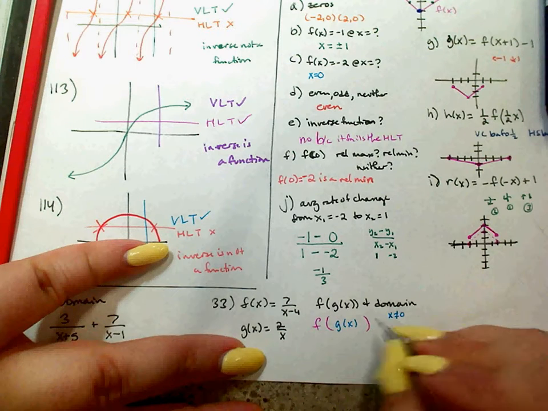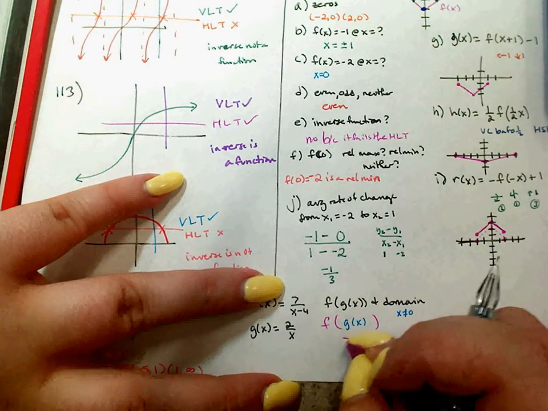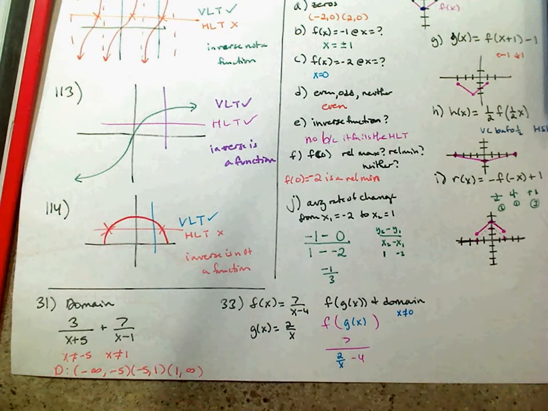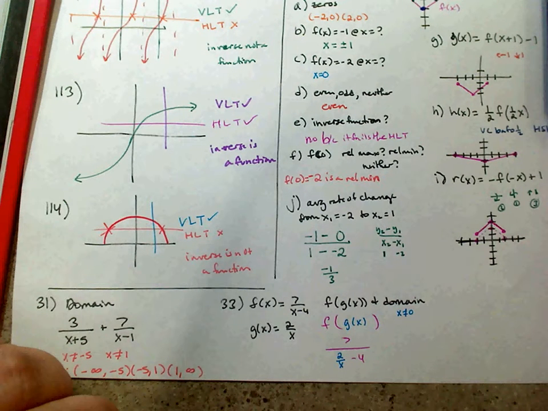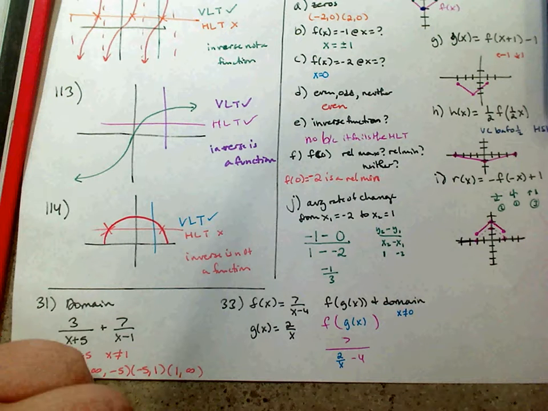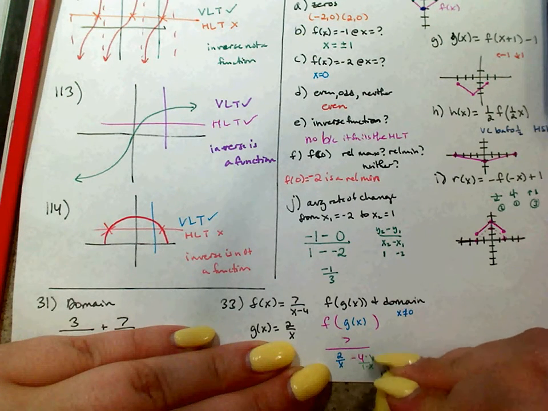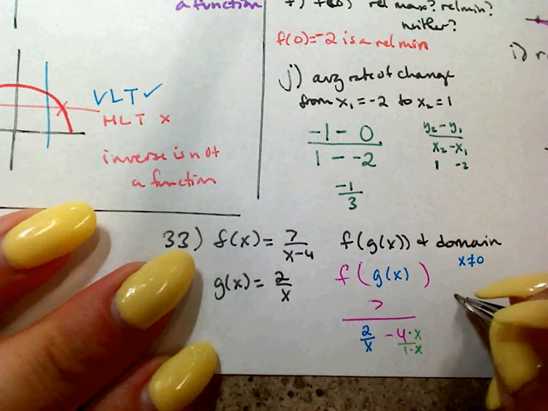So the second step is to do the composition. So 7 over something minus 4. And that something is 2 over x. So I'm going to multiply numerator and denominator of the fraction by x. I'm going to multiply by x here, and I'm going to multiply by x here. And that leaves me with 7, which is the same thing as 7 over 1, over